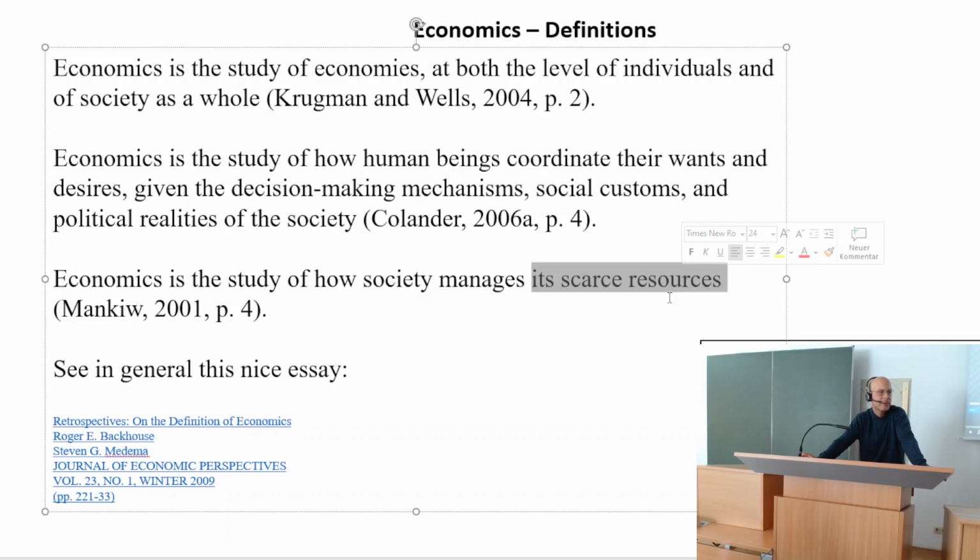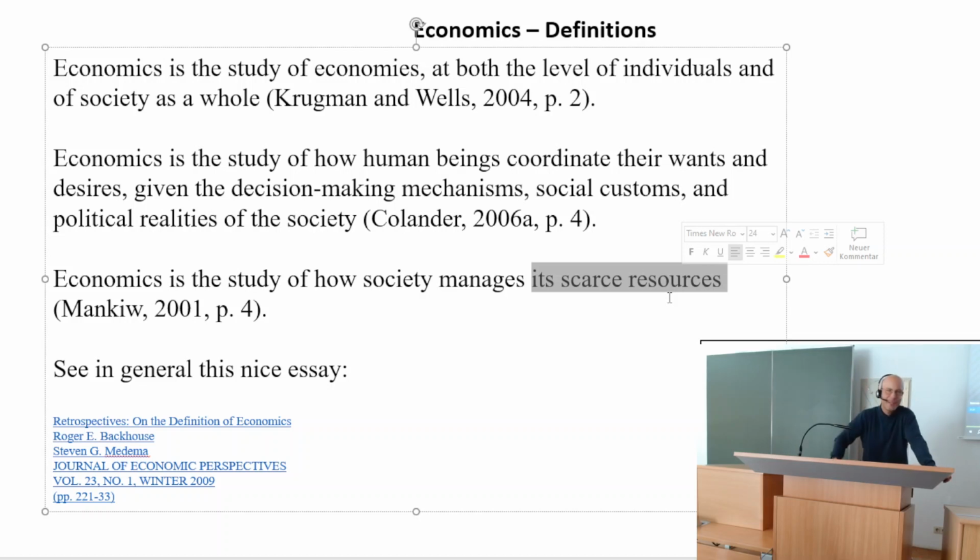Maybe you've talked about this in your introductory courses, business administration, or especially in microeconomics, why we are using markets to describe our behavior. This is because of the general scarcity of goods, because our preferences are for more and more and more,